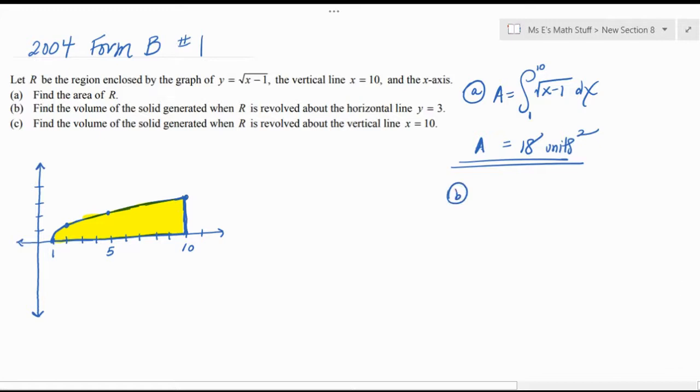Okay, moving on for part B here. Find the volume of the solid generated when R is revolved about the horizontal line y equals 3. So here's y equals 3, and then I'll just try to graph that reflection over that rotational axis. And then I'll try to draw the kind of 3D look that we would get